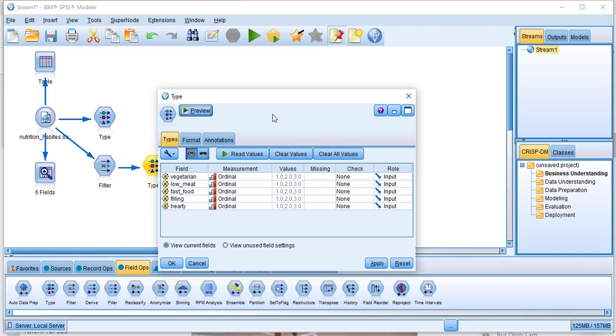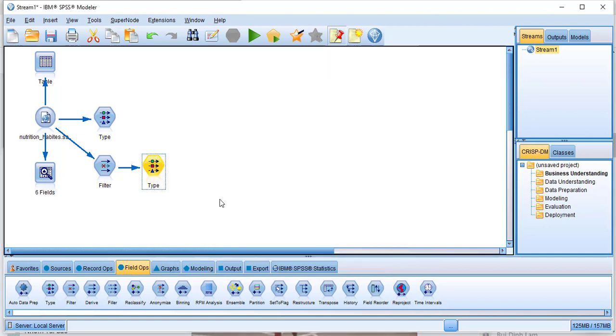In this case, check whether all the variables are okay. So we can just apply it. And next